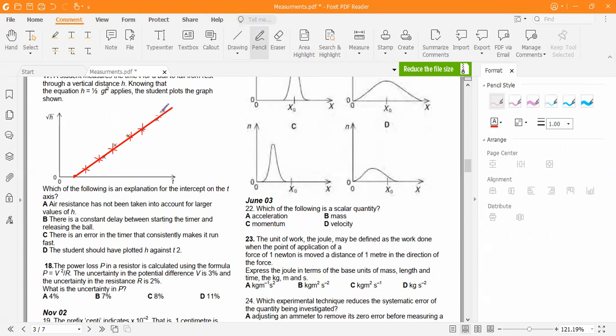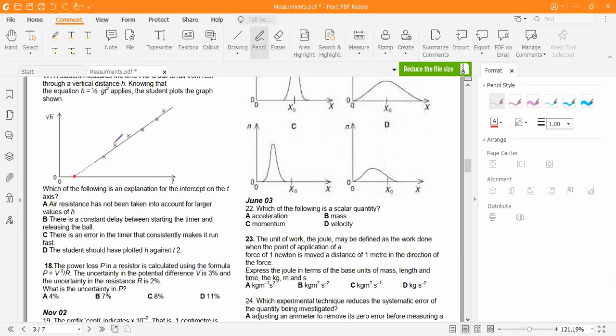Okay, we can see from a diagram that they have given us. So let me show you the diagram now. So this is shifted, so there is systematic error, and the points are fluctuating, so there is random error. So there are both of them. Now let's look at the question.